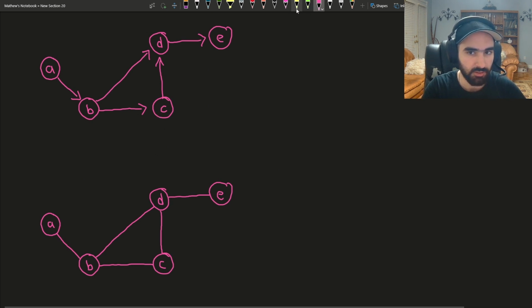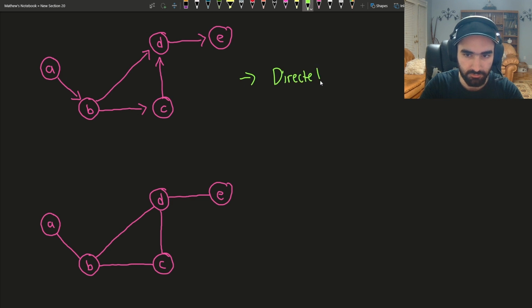And that is that this graph here has arrows that are pointing in a specific direction, right? These have arrows pointing in a specific direction, while these ones just have lines connecting them, right? There's no arrow. This is just a straight line. So this is what we call a directed graph, right? Okay. So directed graph, and this here is an